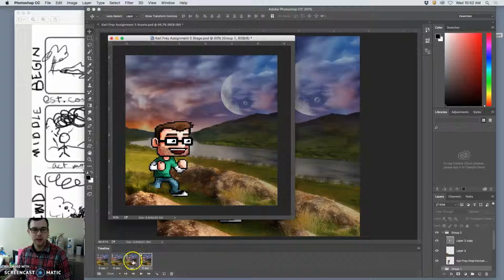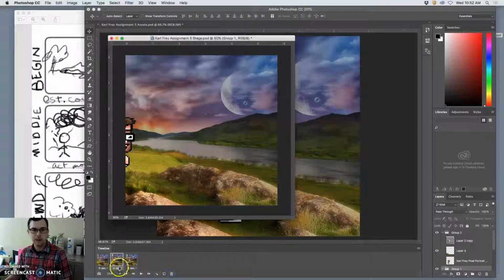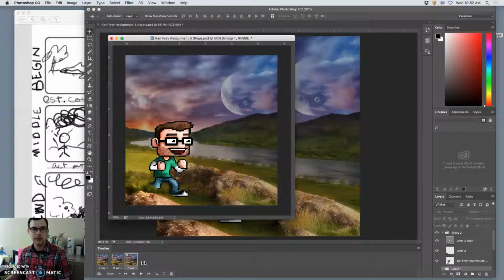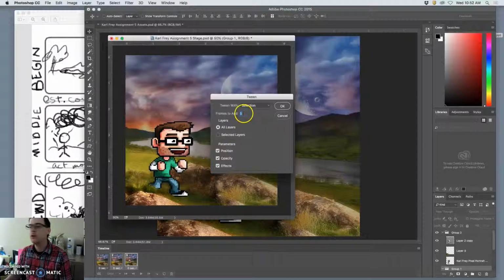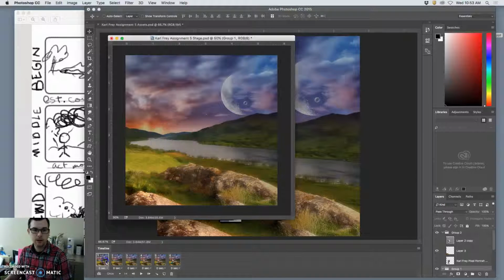But here's the trick. And I don't know if I need this extra shadow frame, so let me get rid of that. So just like that. Now, if I don't care how he moves, if I don't want him to bounce or do something really interesting, I just want a straight motion tween, I can select these 2 frames, and I can have the computer add in-betweens. And it's going to change the position, the opacity, and the effects. I'm going to add 3 frames in between. And so now,